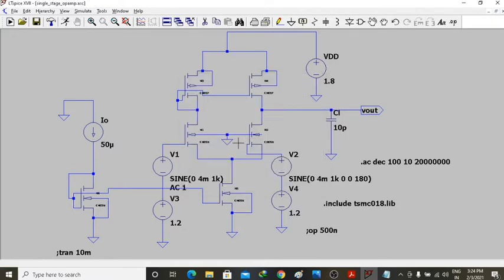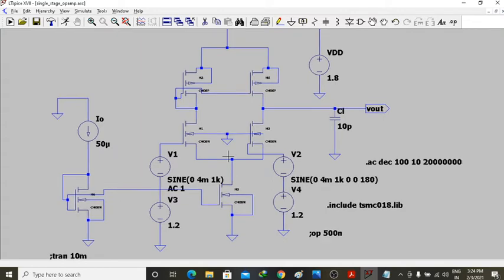And remember one more thing, this substrate should be tied here to the ground, right? Because otherwise it will encounter body bias effects. You cannot tie it over here to the source terminal, because below the source you also have an NMOS, so you tie this one to ground. So this was the thing.